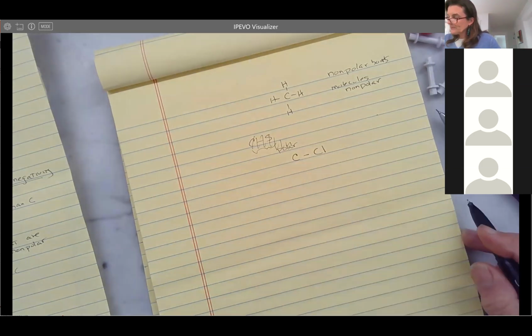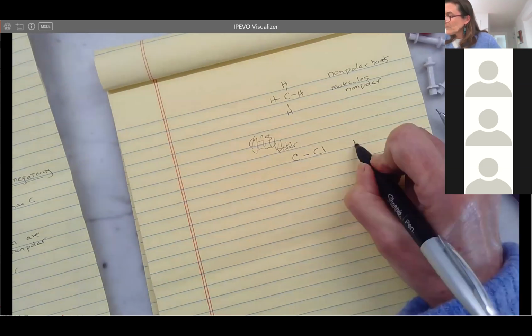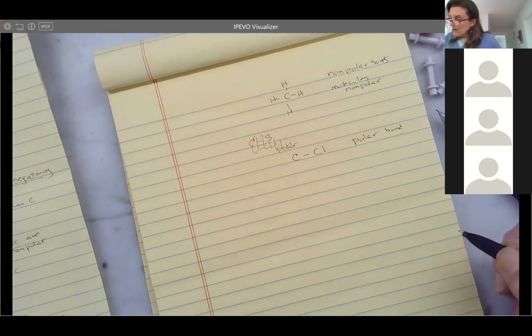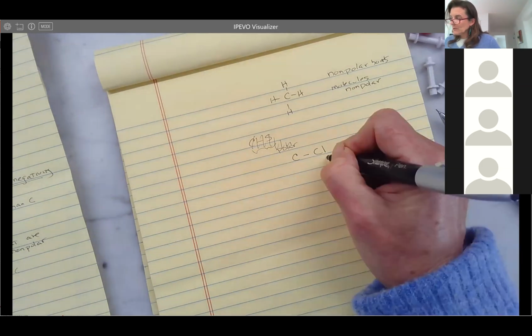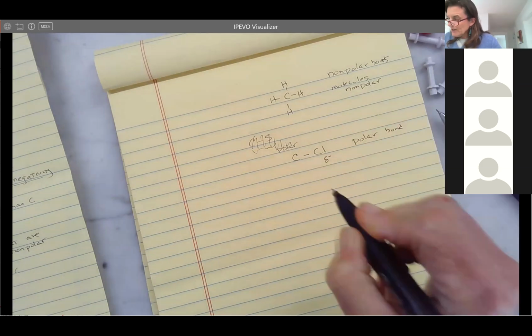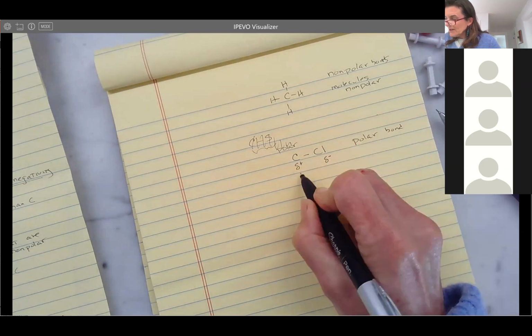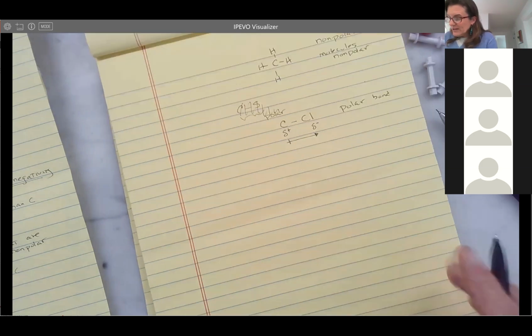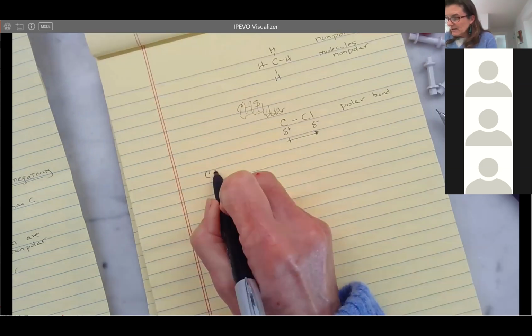So this bond, carbon to chlorine, is considered a polar bond. And chlorine would be the stronger one. So the partial negative charge will be on chlorine, the partial positive is on carbon, and the dipole will look like this. Now, if you have carbon tetrachloride, this molecule,